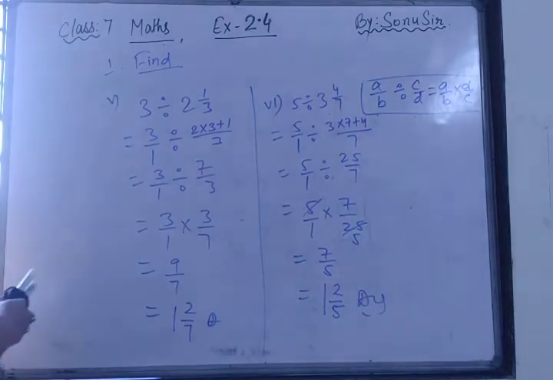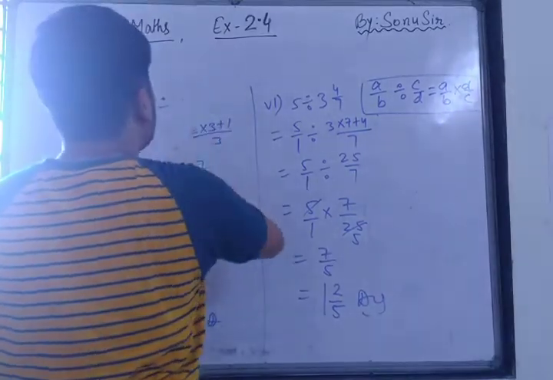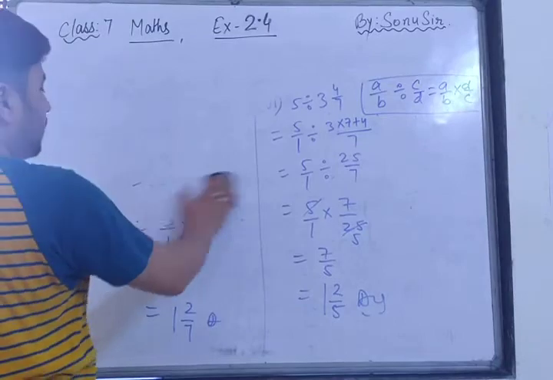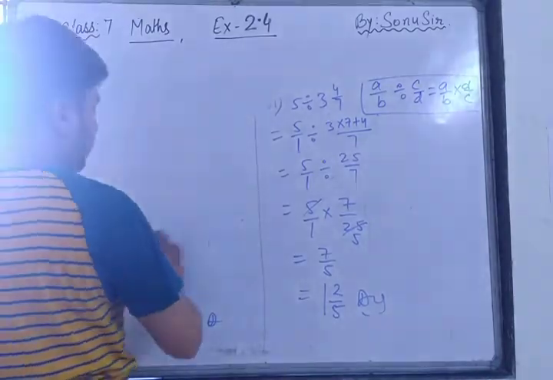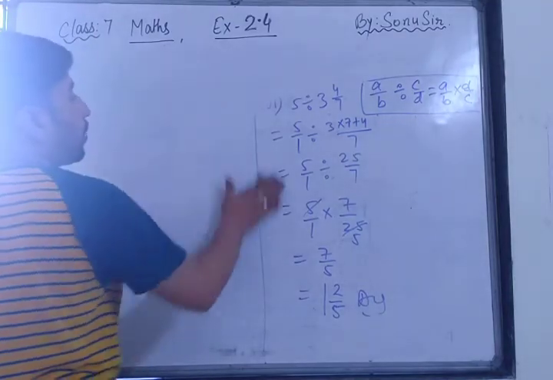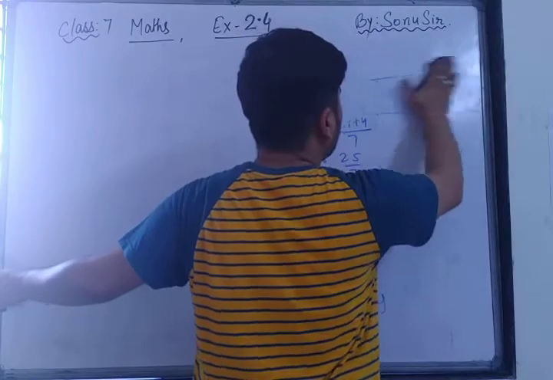What do we have to do in question number 2? All of you have taken a screenshot. Please take a screenshot fast. So we will move towards question number 2. Reciprocal. Have you heard the word reciprocal? Opposite, ulta. 1 by 2, 2 by 1. The reciprocal of 1 is 1 only, because 1 by 1 and 1 by 1. The reciprocal of 1 by 2, half, is 2 by 1, 2.